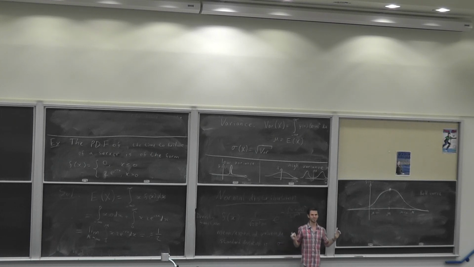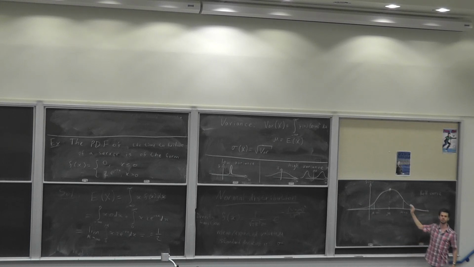Maybe one important thing, the last important thing to know about this normal distribution, is the standard deviation. So for a variable which is normally distributed around the mean, you have the following